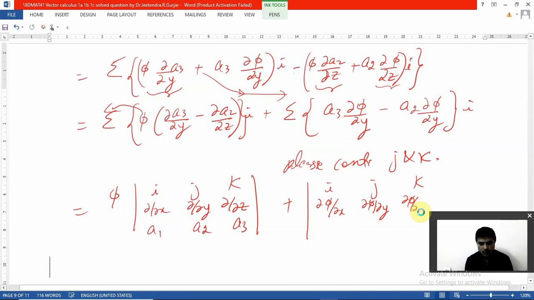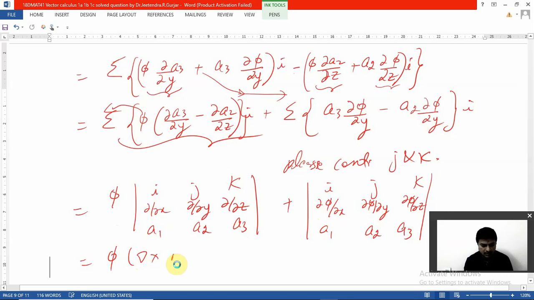Is it clear? Now a1 a2 a3. In this equation and in this equation, what you have to remember, here I have taken phi outside. In this, whatever phi is, this is with respect to differentiation. So here I have taken dou phi upon dou x. This is the reason, this is the difference between these two. So this will give you phi as it is, no change. What is this determinant, students, with respect to a1 a2 a3, it is del cross